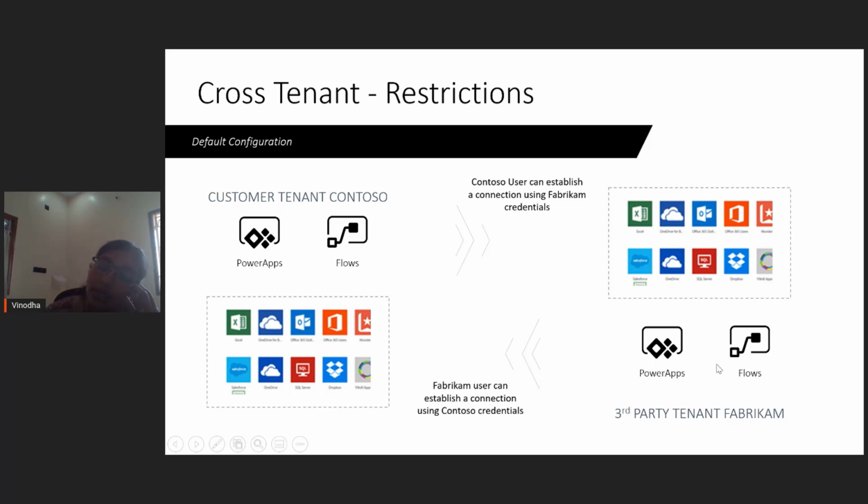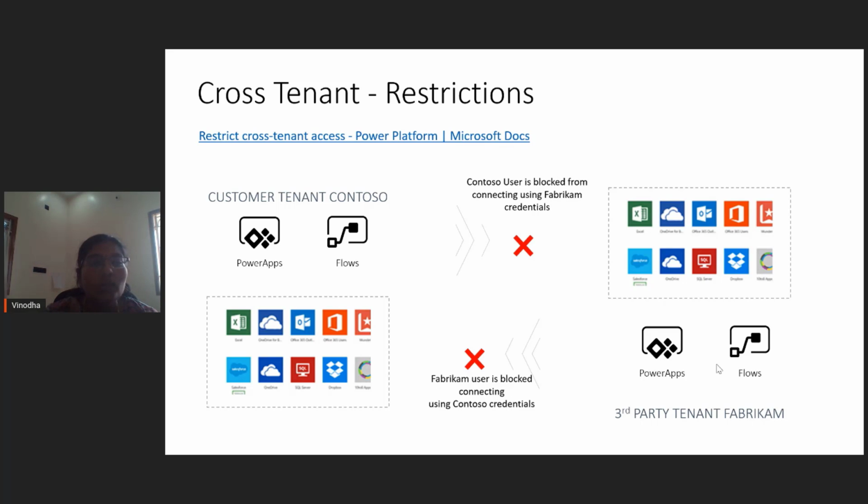That is, consider if your organization users are creating apps and flows and sending organizational data to an external tenant. These scenarios are avoided using cross-tenant restriction. So when you turn on cross-tenant isolation in your tenant, it completely blocks both the inbound and outbound connections from your tenant.